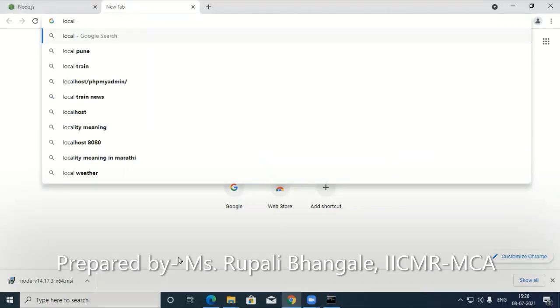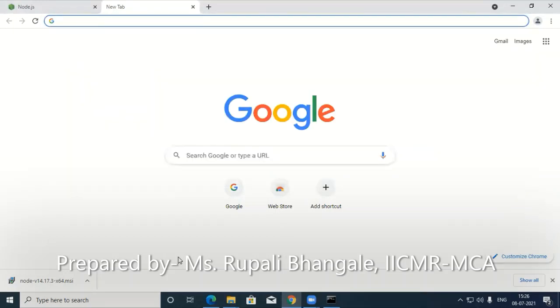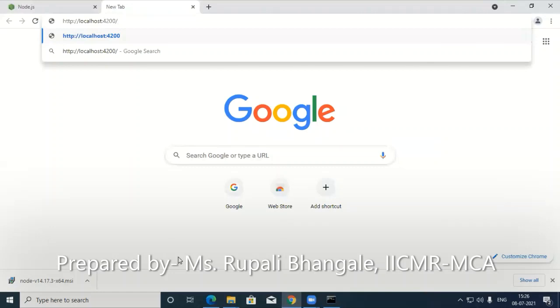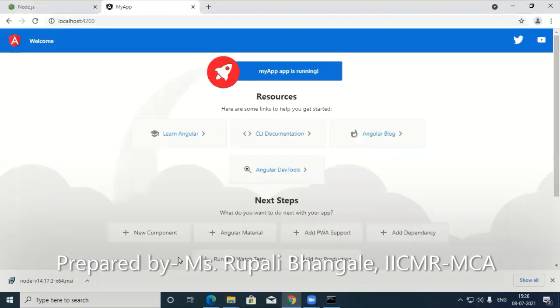Go to the browser and you can simply paste the URL and check. So this is the index page or landing page of your basic Angular application. This means your app has been successfully installed and created with the desired folder structure.